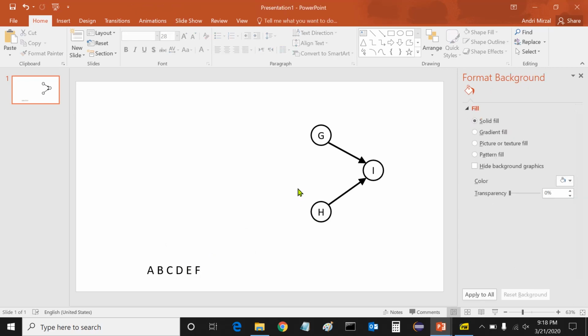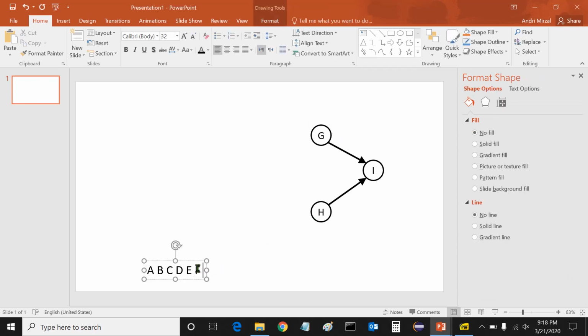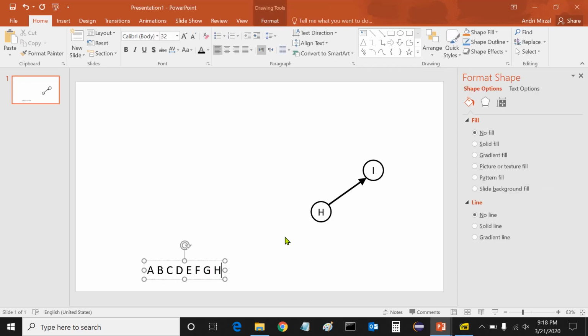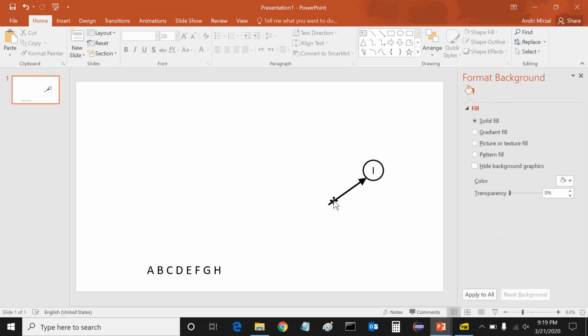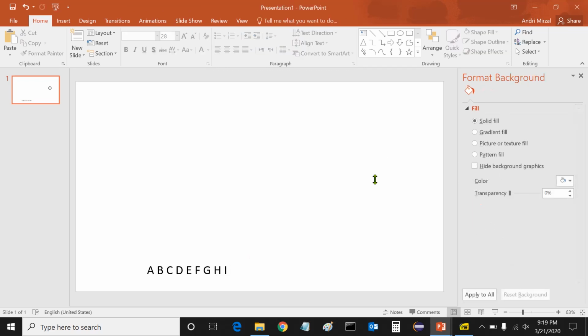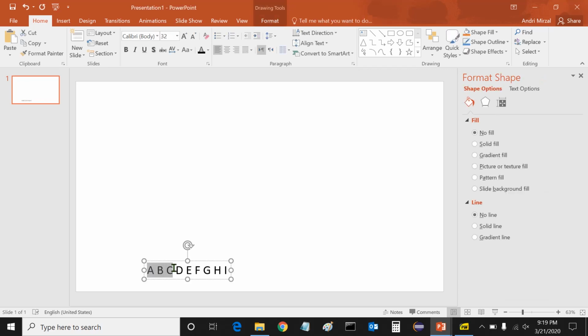Now for the sake of the example, I choose G. Then I remove G from the graph. Then after that, I choose H, and I remove H from the graph. Then of course as the last one, I will need to remove I from the graph. Now we have this to be the topological sort of that previous graph, which is A, B, C, D, E, F, G, H, and I.